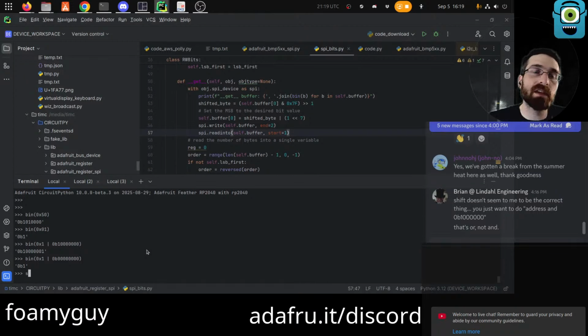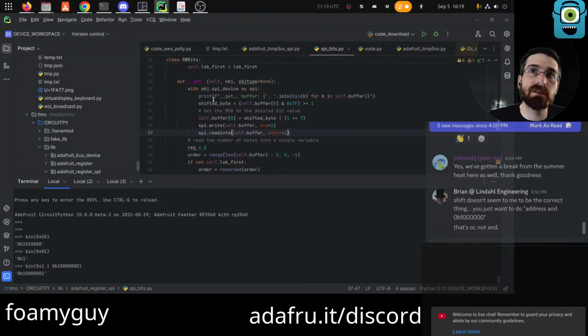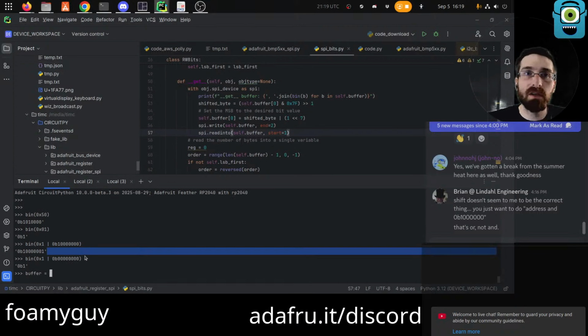So I'm going to make a buffer that's just a single value instead of a list. This one is an array or something, but a single value will be simpler and we'll do the same thing. So if we have 0x1, which is the register address, if we bitwise OR it